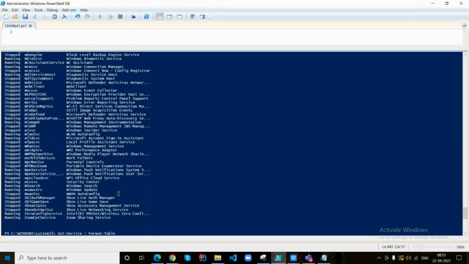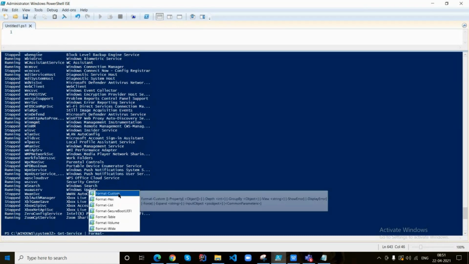So basically the output of this cmdlet is already coming in the format of a table itself. So remove the table, remove the hyphen and place the hyphen once again there. Now pick Format-List.